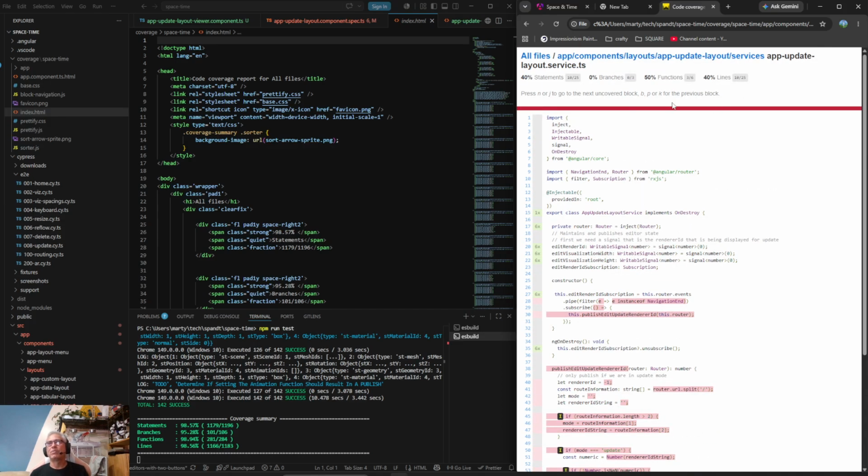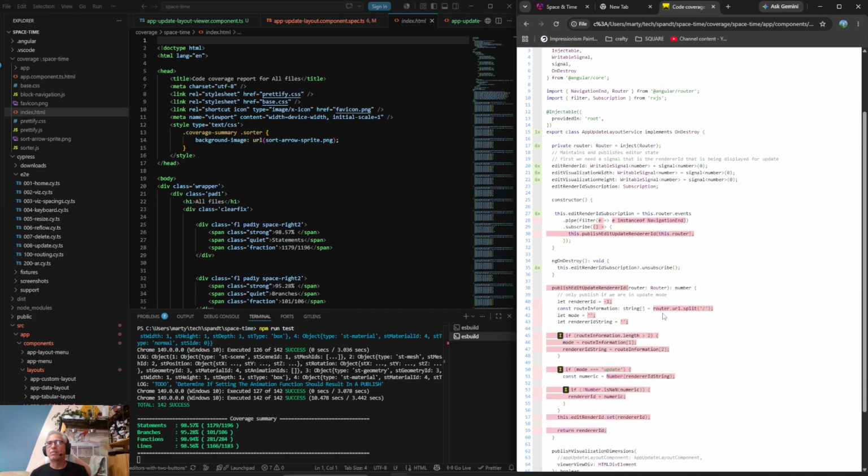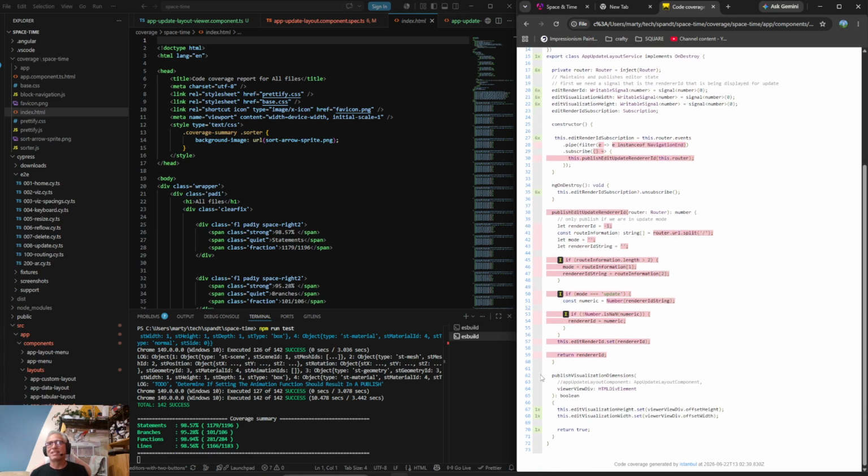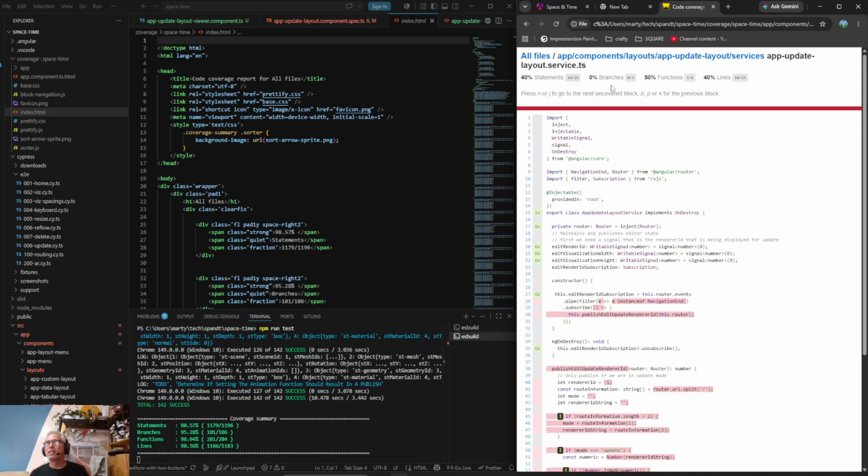So this is a brand new service, so it makes sense that it wouldn't be tested. But you see, we have all these. Yeah, this might end up needing to be broken down. But basically 7 of the 17 lines are in here. And then all 3 of the 5 branches are in here. 2 of the 3 functions that aren't tested are in here. And the lines and the statements line up.